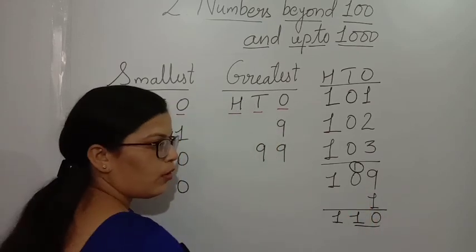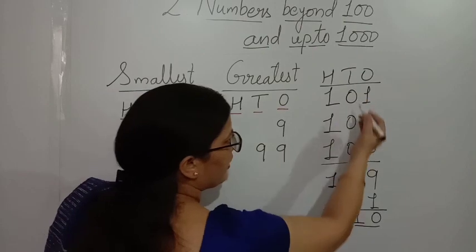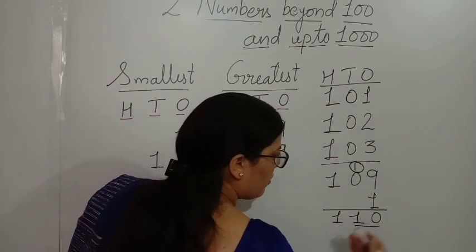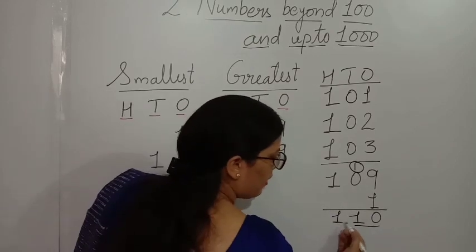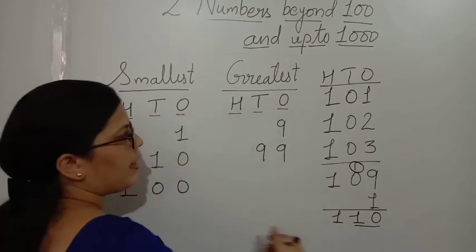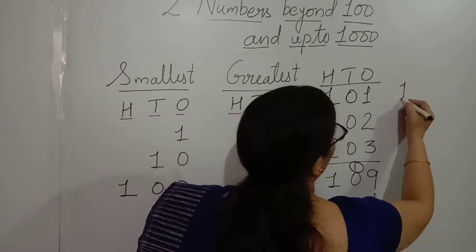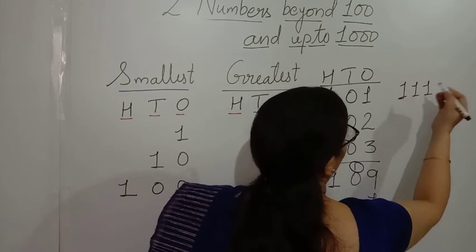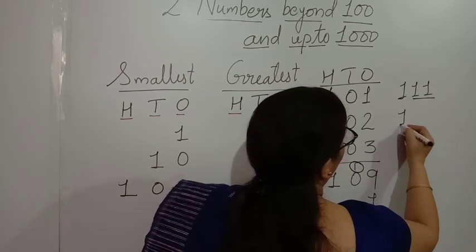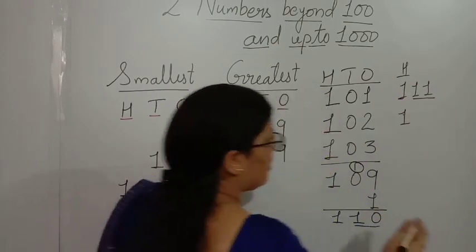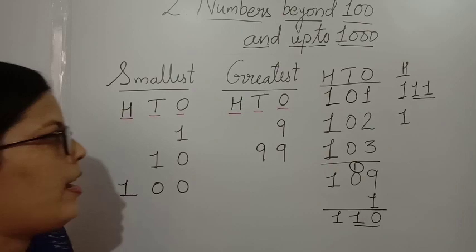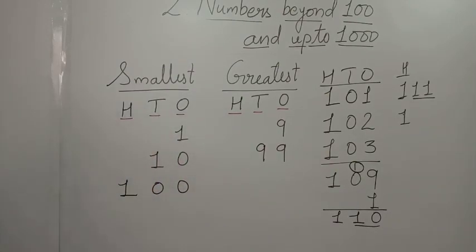You know now that 2 digit numbers are read together, ones and tens. So 1 0 together form the number 10. So the number is 110. Then again the numbers continue with 111. The hundreds place remains the same, 1, and then the numbers continue till 199.